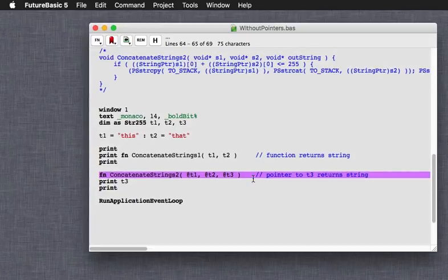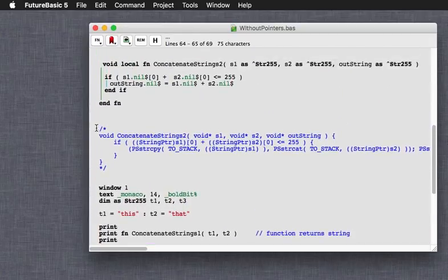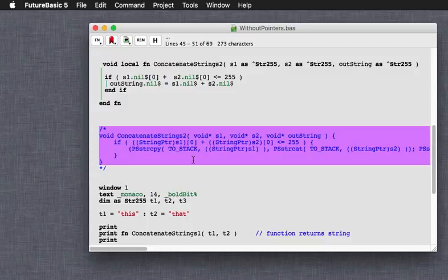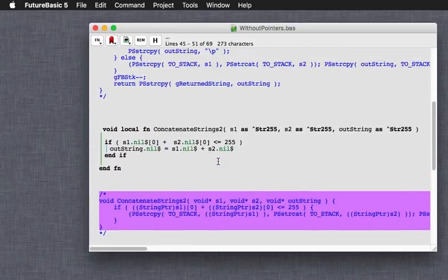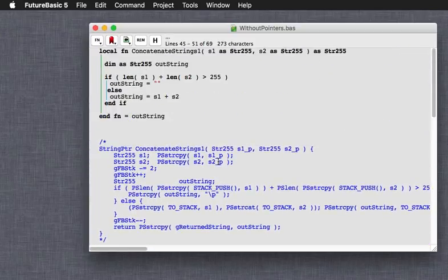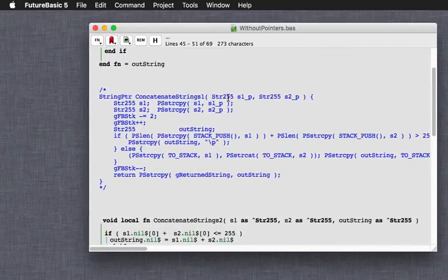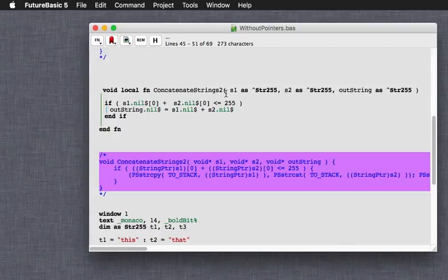So you can really cut down on the amount of code you're generating, which means the amount of time it takes your code to execute, simply by passing pointers into functions and doing it this way